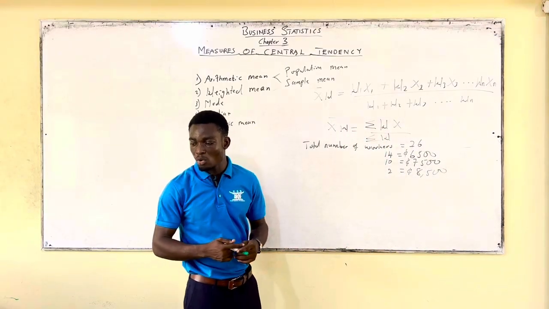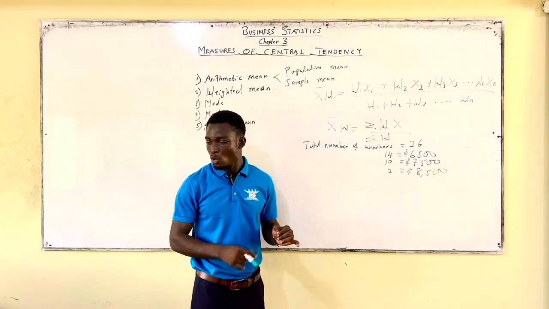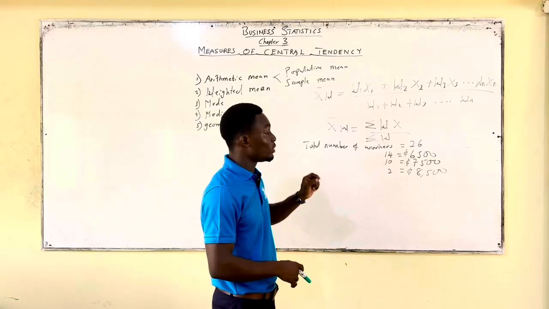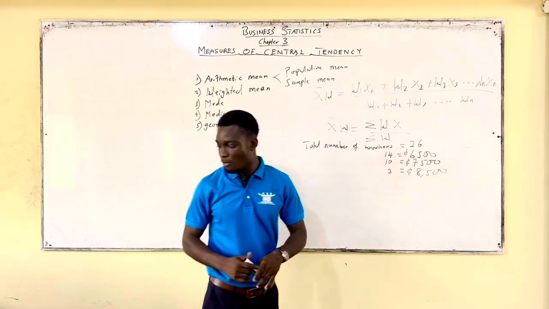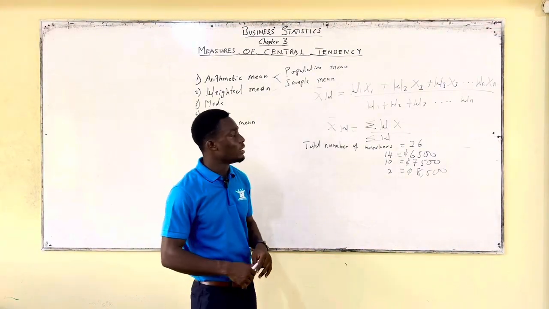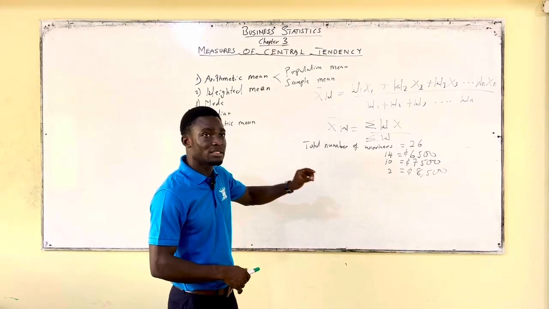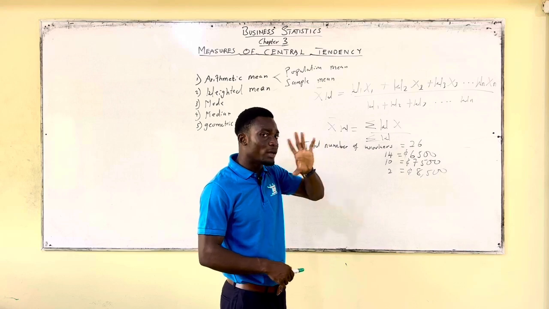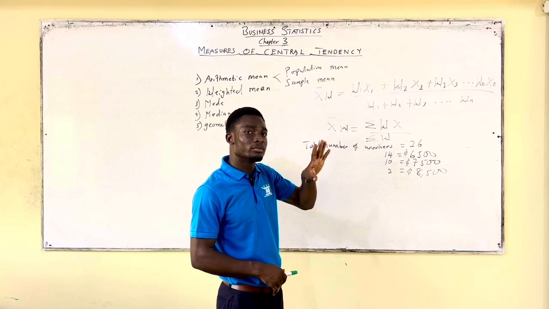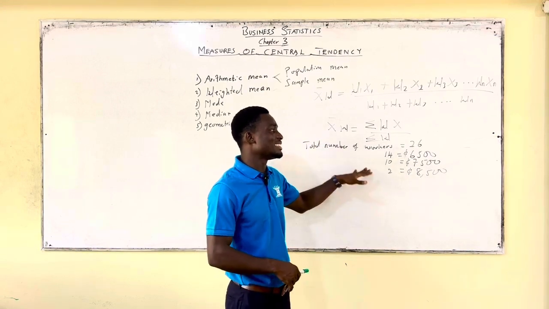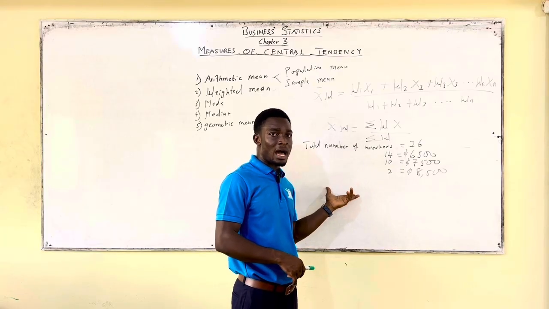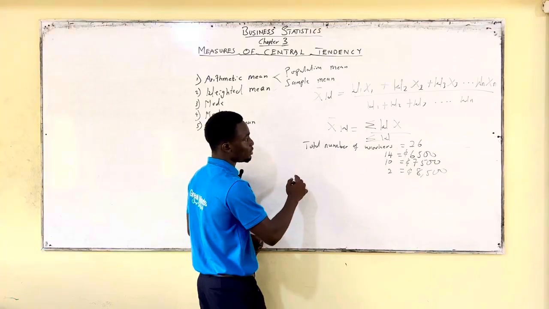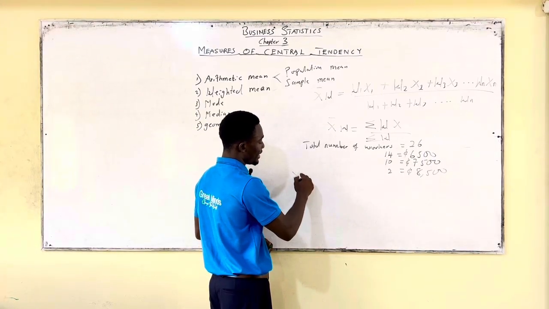So the question says, what is the mean hourly rate? So this means that if we pick one employee randomly, it is assumed that the person takes the average hourly rate that we are going to calculate for. So what we need to do in order to do this, we see that x bar w